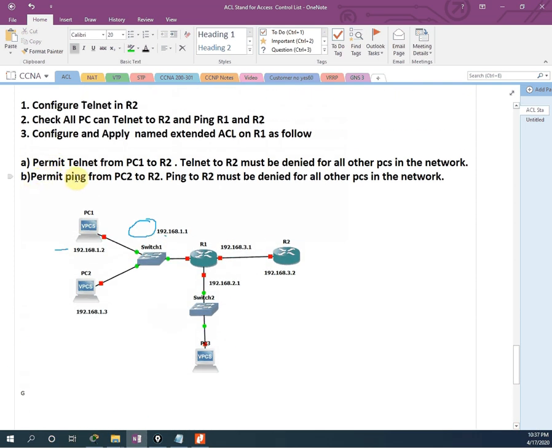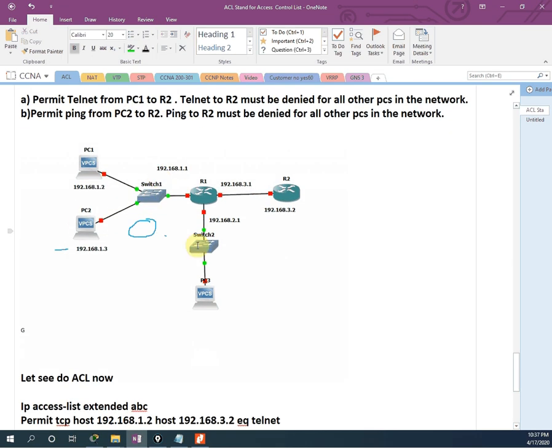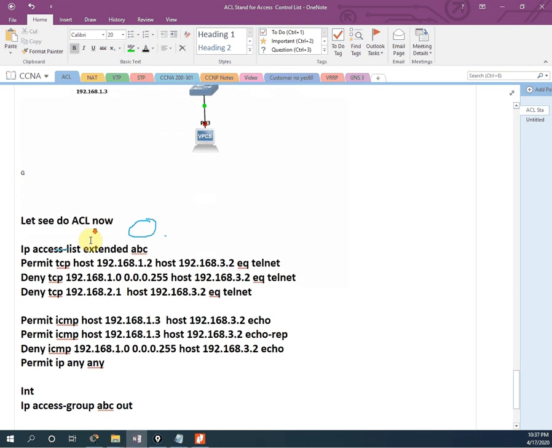Second one, permit ping from PC2 to R2. PC2 means this one. So for PC2 I am allowing permit ICMP, this one echo, and permit and deny for this complete network. After that I will write one more command here, the same command for network 2 also.